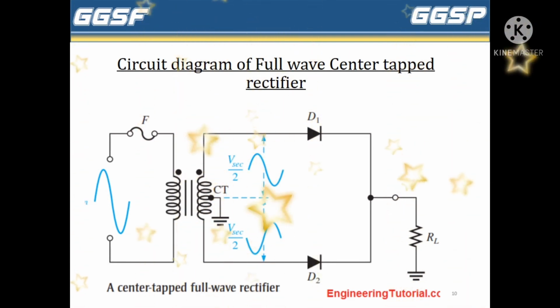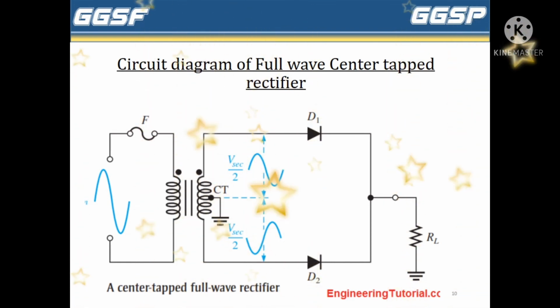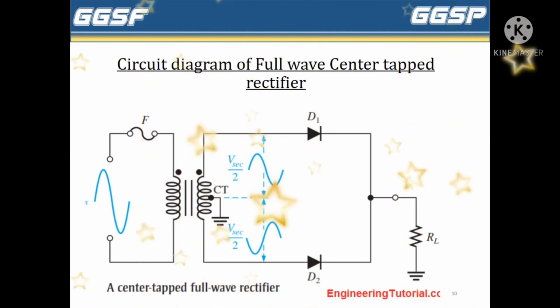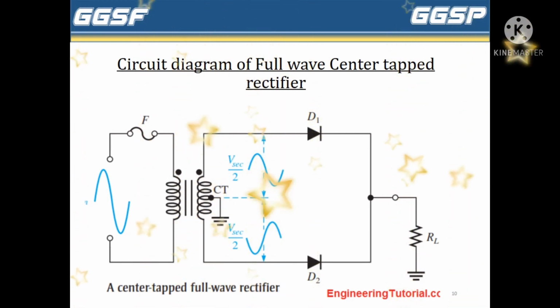The same happens when a negative half cycle is given to the diode D1 and a positive half cycle is given to the diode D2, which makes them work in reverse and forward bias condition respectively. And hence in the output voltage waveform we can see that both the positive and the negative half cycle get rectified and we get a continuous supply of current.